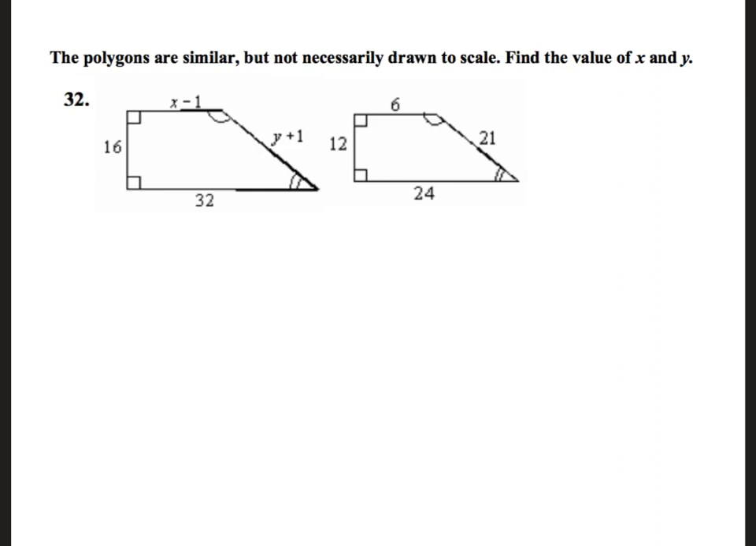All right, number 32 says the polygons are similar, but not necessarily drawn to scale. Find the value of x and y. All right, so I know they're similar. So what that means is that I can set up two proportions or two fractions and solve for one of my missing links. So I know that if we use 16 over 12, that should be equal to x minus 1